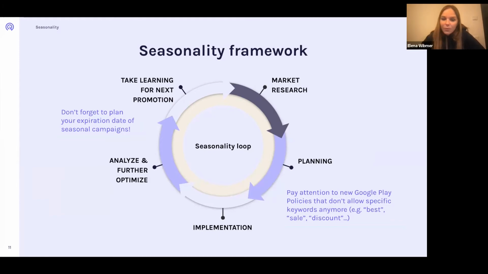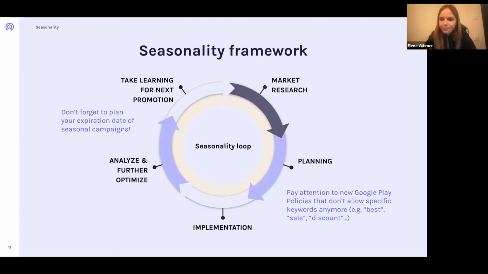But yeah, whereas I plan when I want to start, it's also super important to plan the end date. And this is something funny that we notice year over year: there are cool apps that are really trying to leverage seasonality and optimize. But then in January or February, you would usually still see some apps out there with a Christmas hat, or things that they most probably forgot to take out of the store. It can be a small effort on your side, but it can have a big impact on how professional the impression is for the user,